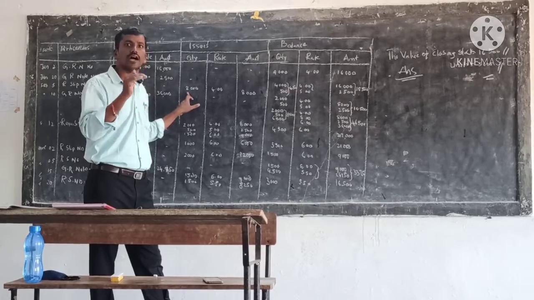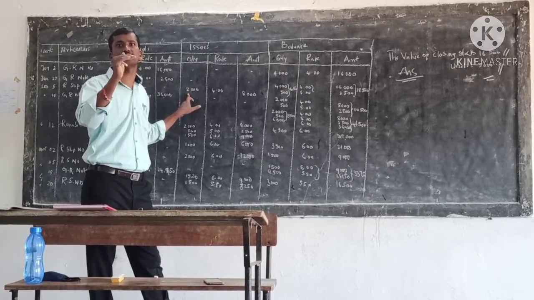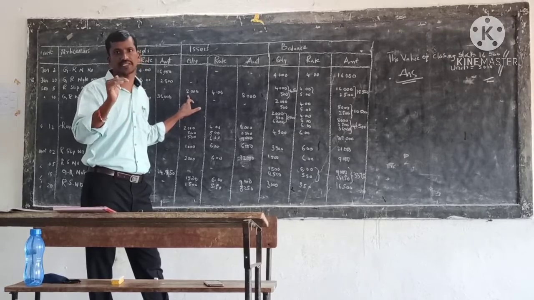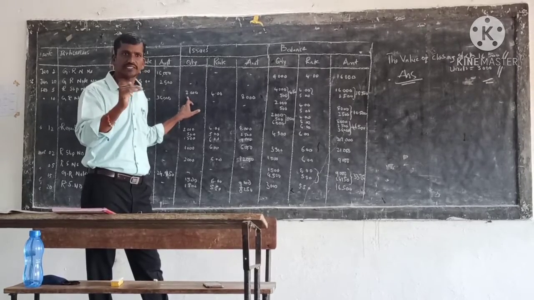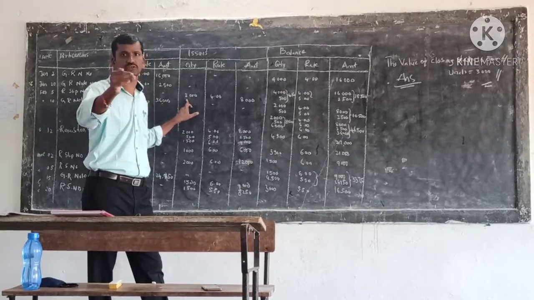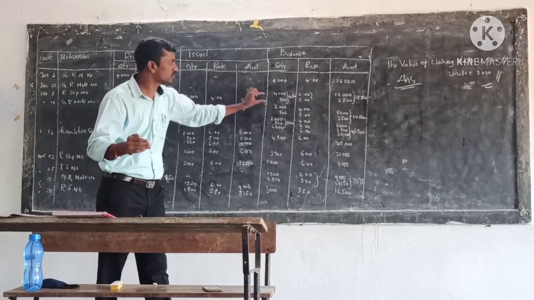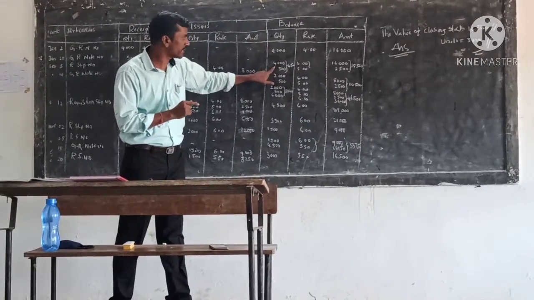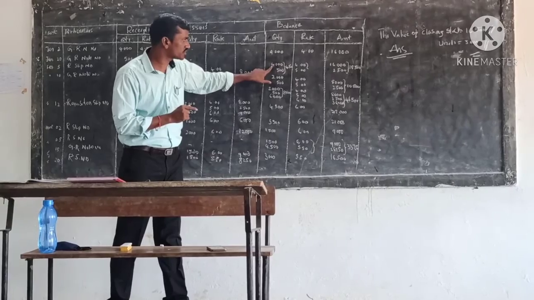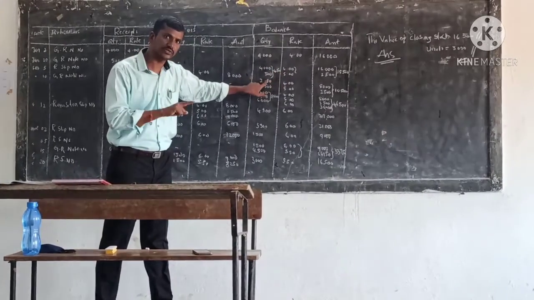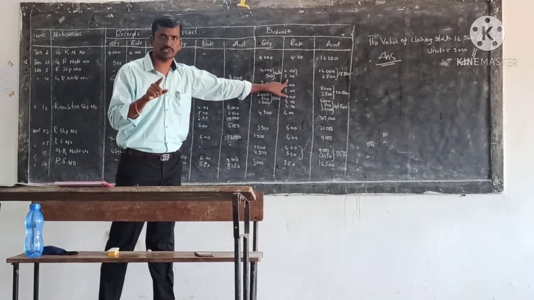On what? On the method of issue of materials. Now we are following the FIFO method. FIFO method means first in, first out. That means we have to look at the balance. So whenever we look at the balance, we have 4000 units at 4 rupees per unit, and 500 units at the rate of 5 rupees per unit.